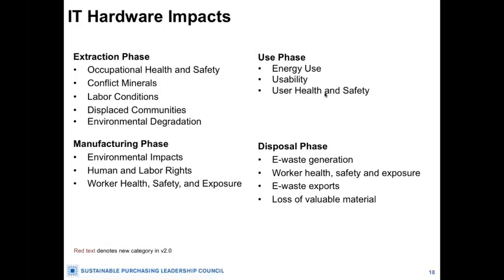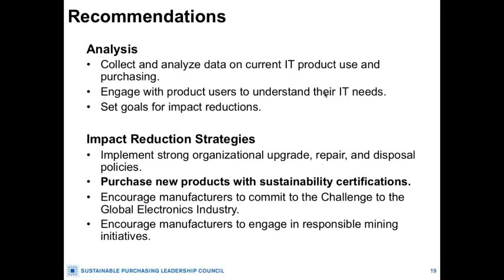So given all of these impacts, the technical advisory group came up with a variety of recommendations to help reduce the overall impacts. So first, and I mentioned we have that strategy cycle that has the different phases. Within the analysis phase, there's a number of steps around simply collecting and analyzing data on current IT products use